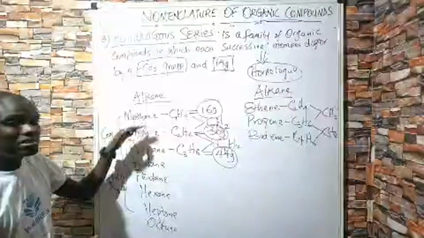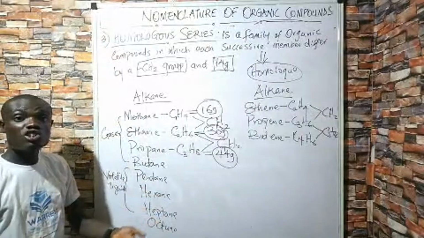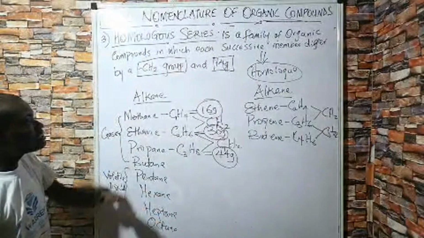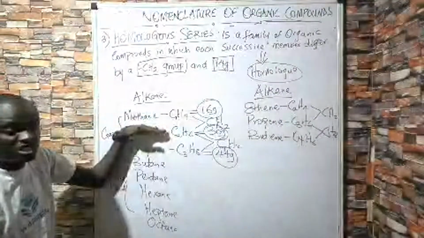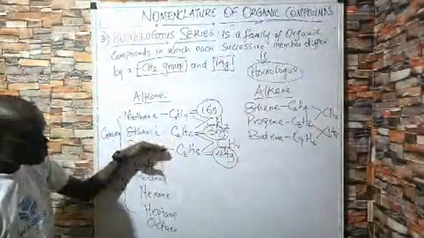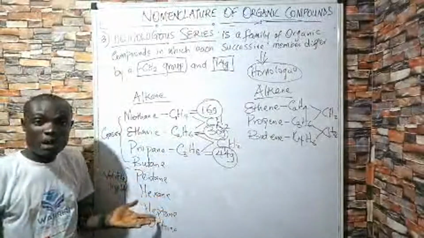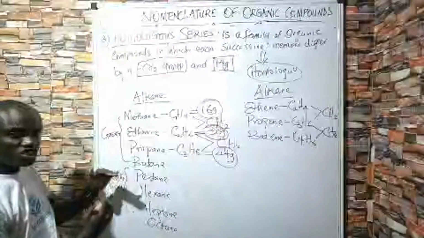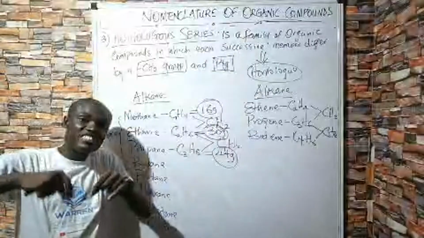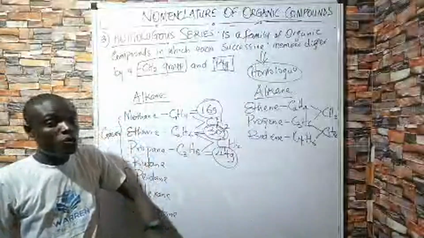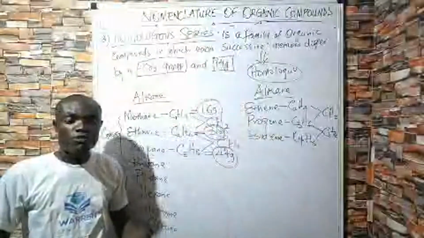As you keep coming down, their physical property keeps changing, just like their state of matter. It could also be their boiling point. You see that probably this could be 40 degrees Celsius. As you move down, this could be 40.5 degrees Celsius. You can have 41 degrees Celsius, 42. So that physical property, because boiling point and melting point are physical properties. So you keep seeing these changes. So take note of that. The number of carbon atoms will determine the physical property of an organic compound, while the functional group will determine the chemical property of that organic compound. So it is worth knowing.